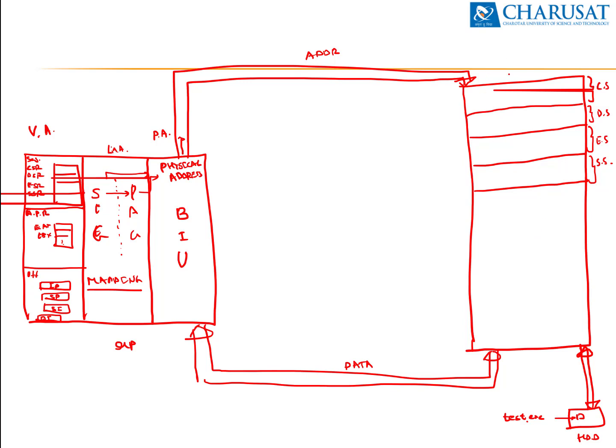The code segment contains code or instructions. The data segment contains the data or variables the user has declared. The stack segment contains the return addresses of functions. When a function is called, the return address is pushed on top of the stack. The extra segment is used if the data segment uses dynamic memory allocation and requires more memory, so it may allocate memory from the extra segment, and if the stack overflows, we can use some portion of the extra segment.